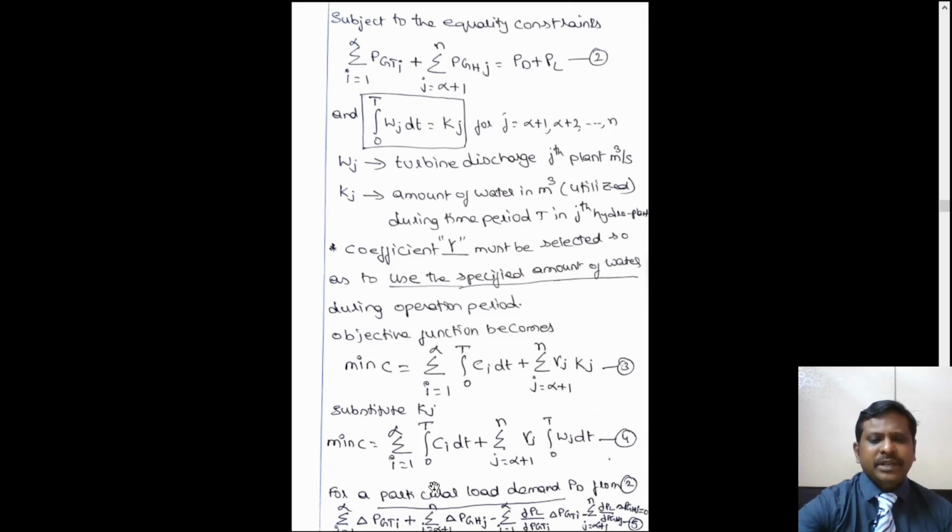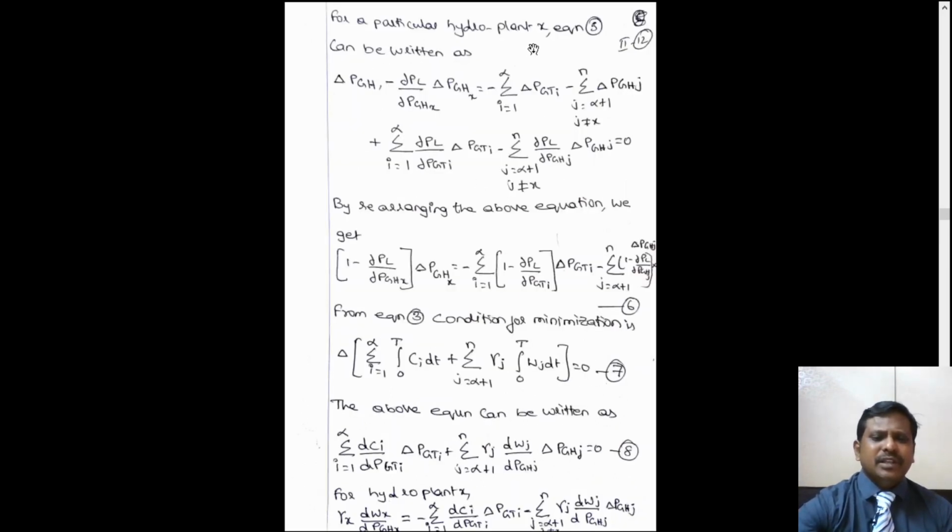Now separating for the PD equation, this can be represented as PGT plus PGH minus PL. When we are talking about the transmission line losses, since we are having two types of power plant, one with respect to the thermal power plant and another with respect to the hydro power plant, with respect to the change in time, this equation can be represented as PGTi, PGHj, same PGTi, PGHj, minus PL. PL here is one for the thermal power plant and another for the hydro power plant. Okay.